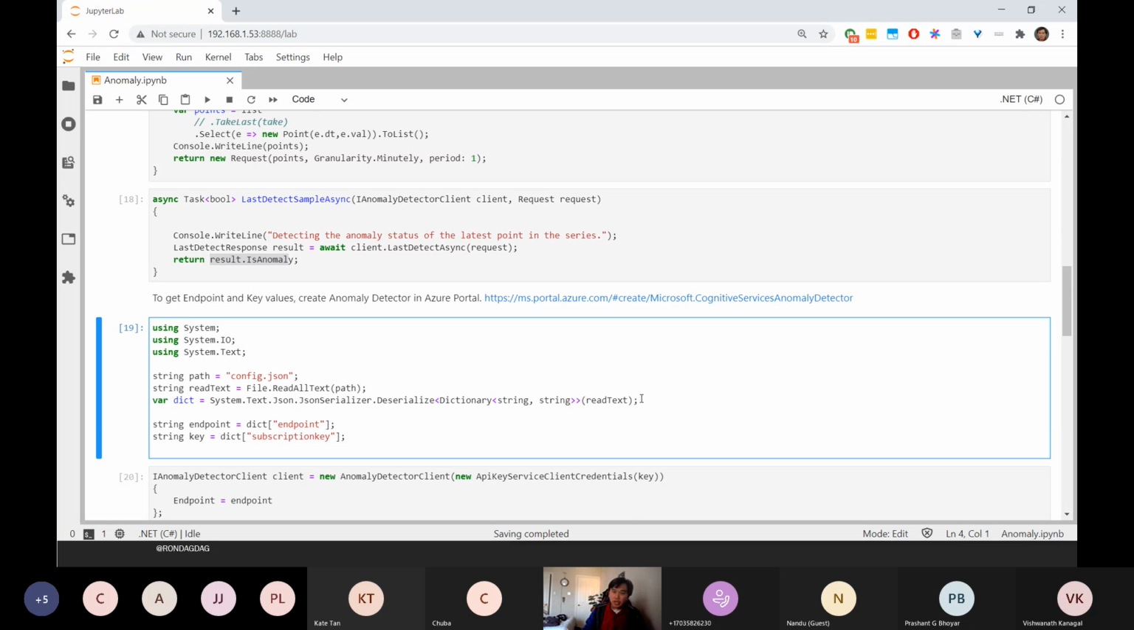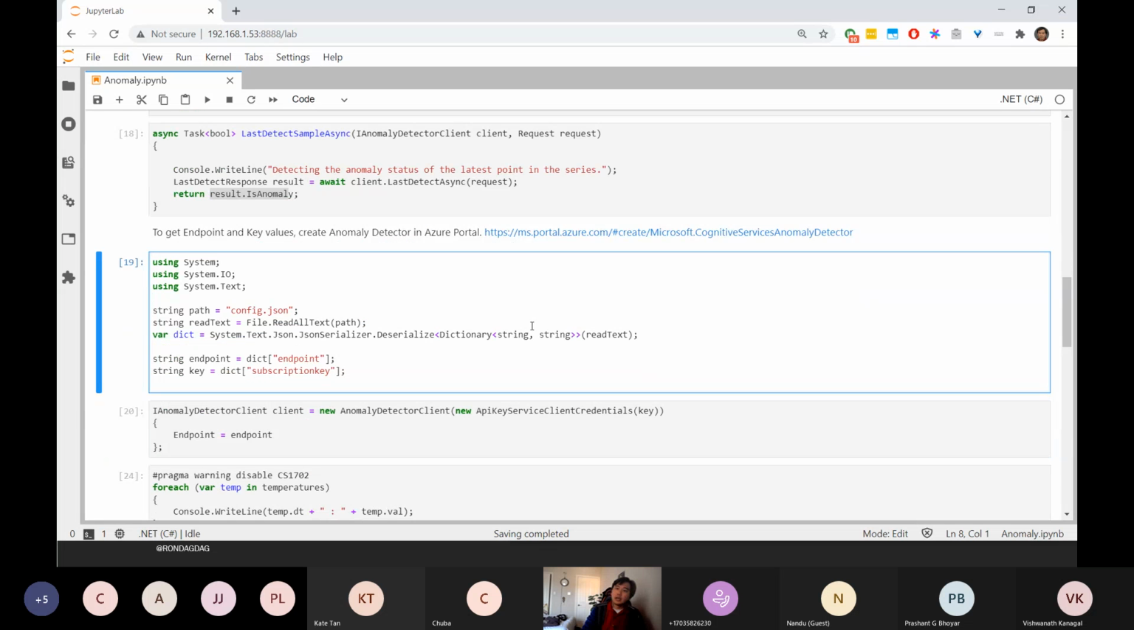In order to use the API, you need two things. You need the endpoint and the key value. The endpoint identifies the URL. So you have to sign up in Azure for this Azure Anomaly Detector instance, and then it will give you an endpoint and the key. In this case, I have it in this config JSON, but once you have the endpoint and